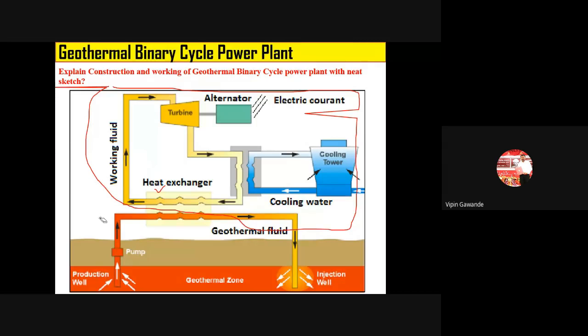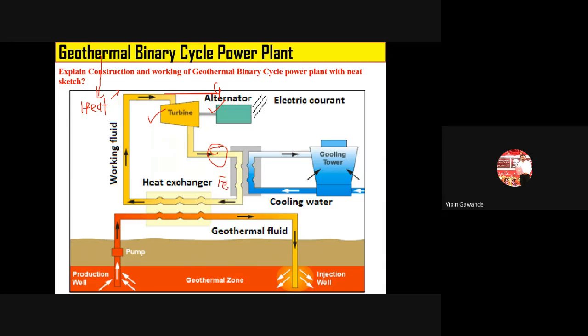So what is happening here now? We'll see. First thing, the same diagram we are using. Geothermal means the thermal is the same again, this is the heat. Since we are using heat, we are converting water into superheated steam. That superheated steam will go to the turbine. The turbine will rotate the blades, and then the generator or alternator. You remember this as a generator only. The generator generates the electricity. Then it goes to the condenser. You put the condenser diagram here. The condenser rejects the heat, and the steam is converted into feed water.